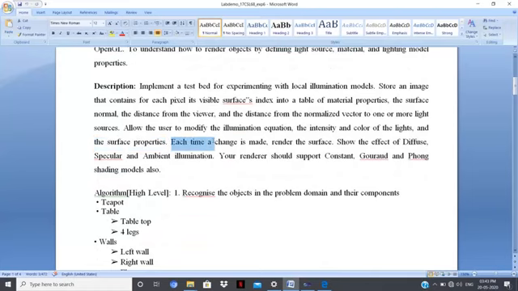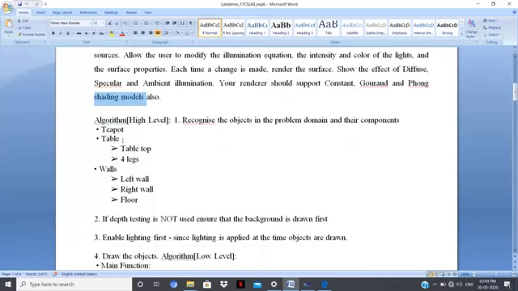Each time a change is made, render the surface and show the effect of diffuse, specular, and ambient illumination. Your renderer should support constant, Gouraud and Phong shading models also.